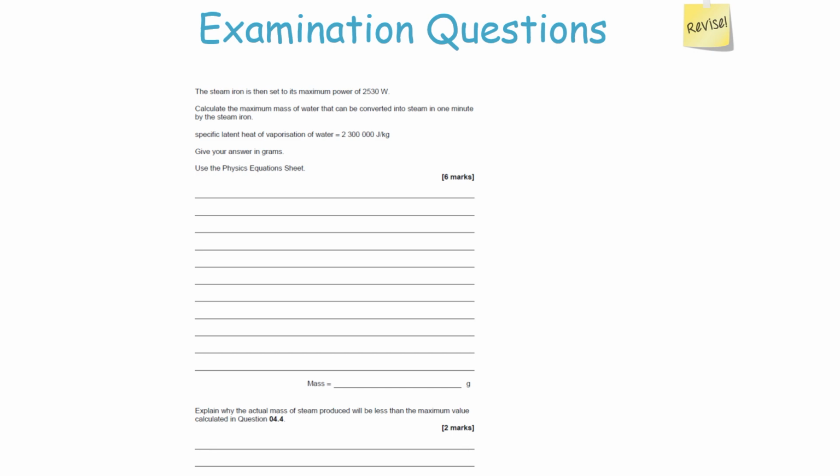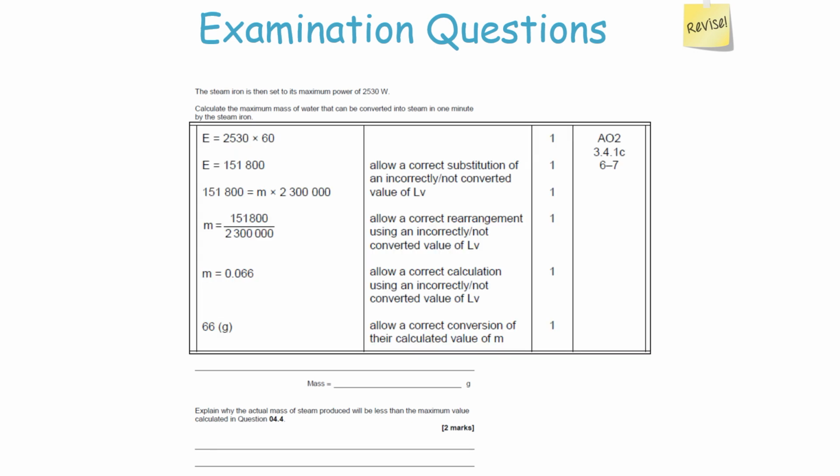Now what's our power? It's 2,530 watts. And we times it by not 1 minute, because we don't work in minutes. In physics we work in seconds, so we times it by 60 because there are 60 seconds in 1 minute. So we get our energy to be 151,800 joules. We then pop the values, substitute them directly into the equation because that gets us a mark on the mark scheme. So it's